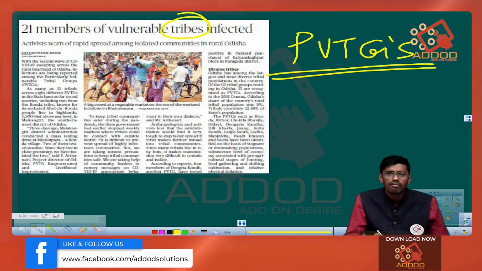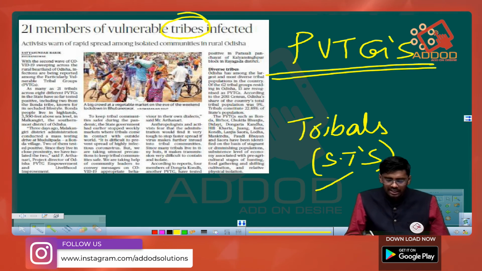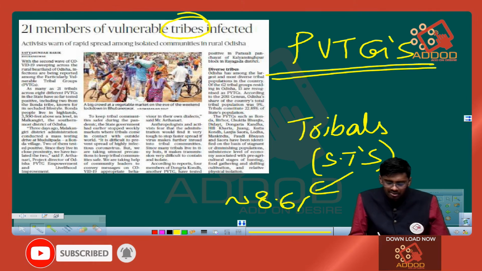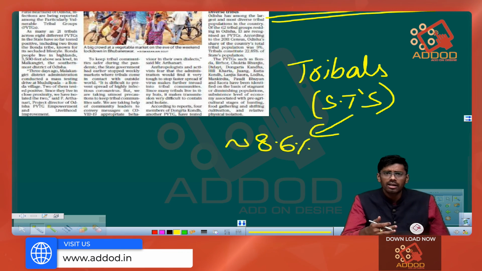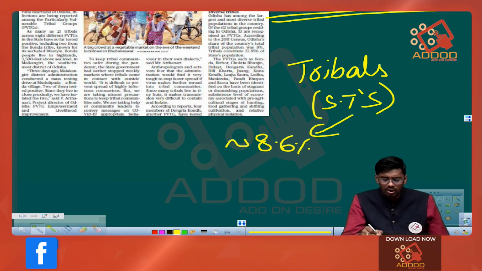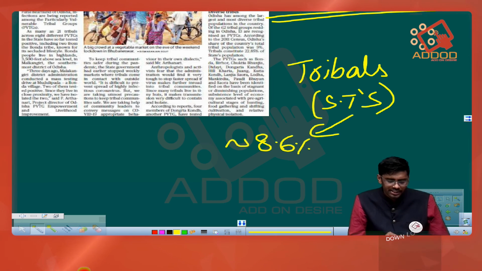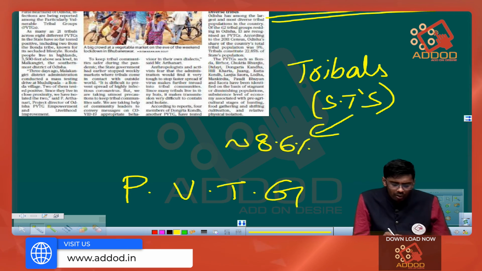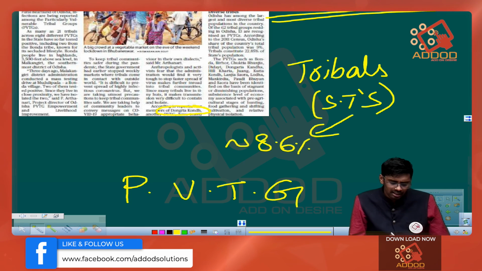In India we have tribals, that is the scheduled tribes. So in India the population of the scheduled tribes is nearly 8.6%, and within these tribes there are some tribes which are even more socially and educationally backward. So the tribes which are even more backward compared to other tribes are categorized as particularly vulnerable tribal groups. And Dongriya Kond, which is a tribe mentioned here, is also a part of these